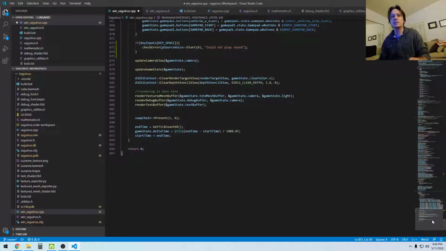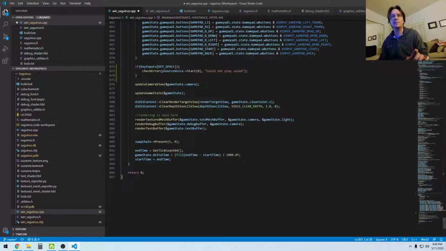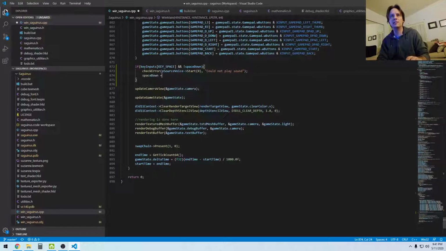So I'm going to check if the space key is pressed and not space down. So if the key is pressed and it's not already down, then I need to immediately set space down equal to true, and then I need to check here, else if